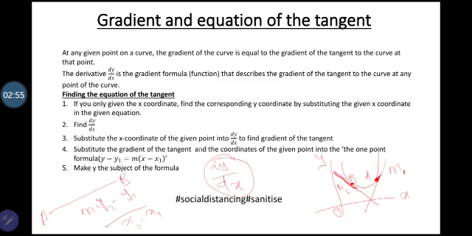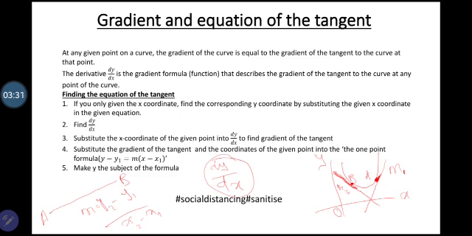So how do you find the equation of the tangent? I've written down a few steps here. The first step is, if in the question they've only provided you with the x coordinate, before you get the dy/dx, find the corresponding value of y. Substitute that x in the equation of the curve and find the corresponding y. If you already have x, y in full, then there's no need to go through step 1, you go straight to step 2. So now that you have the two coordinates x, y for the question given,